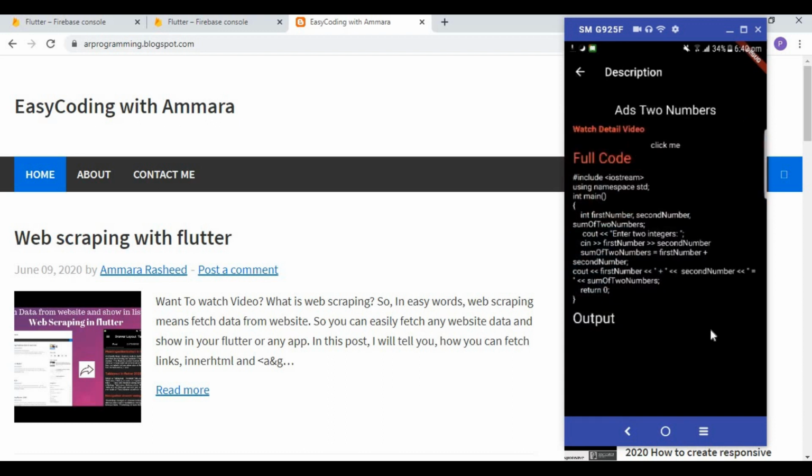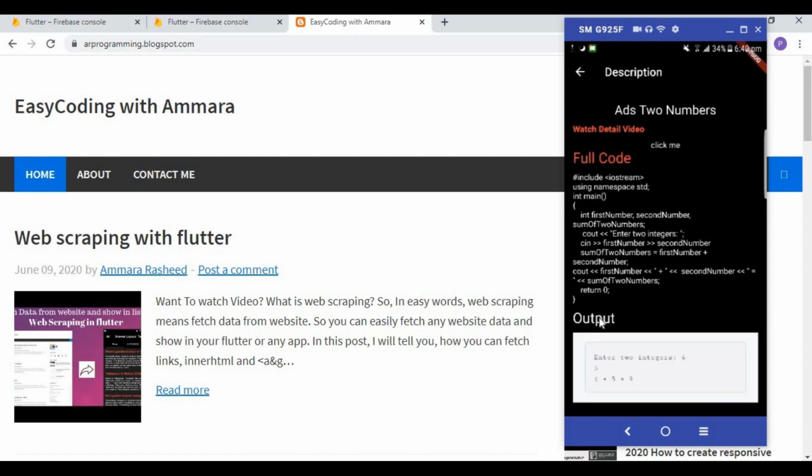So now I click on this, and you can see that this type of layout appears in front of you. So this is a title, this is the link of the video, this is the code, and this is the output. So now I am going to create this type of layout in this video. Okay, so let's open the project,